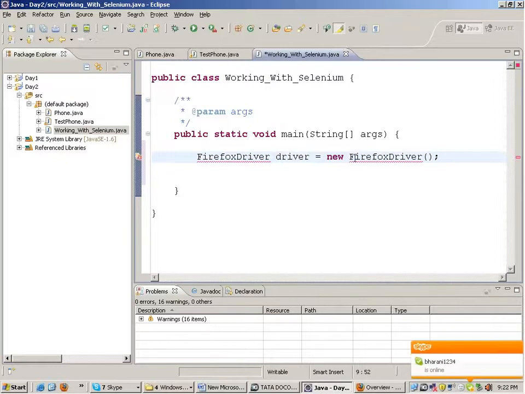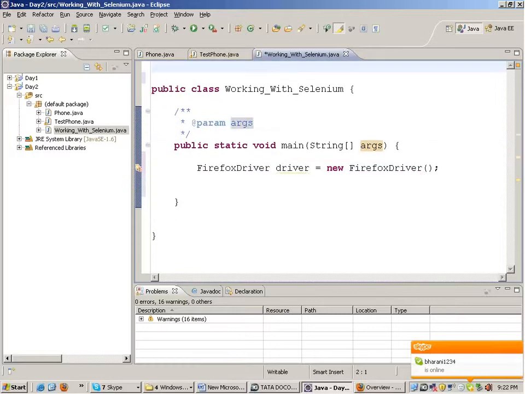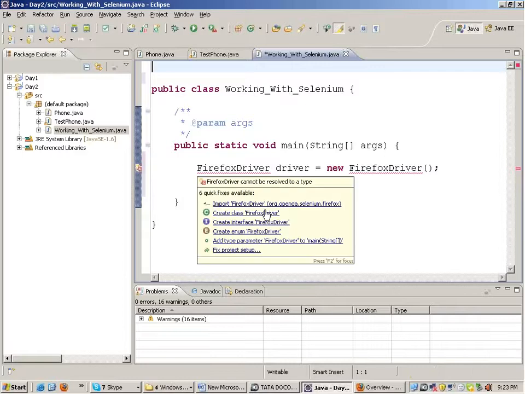I have created the object of the inbuilt class FirefoxDriver out here. You have to import this class. You can import this class by moving your mouse on this and selecting the option import FirefoxDriver. You have to import it from the jar file, from some package inside the jar file.